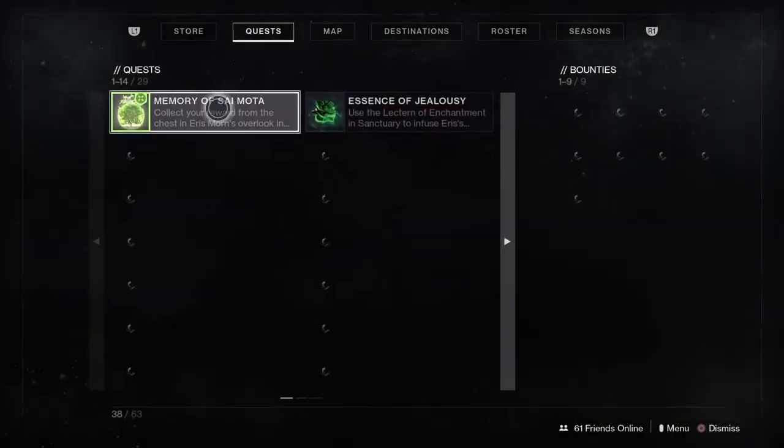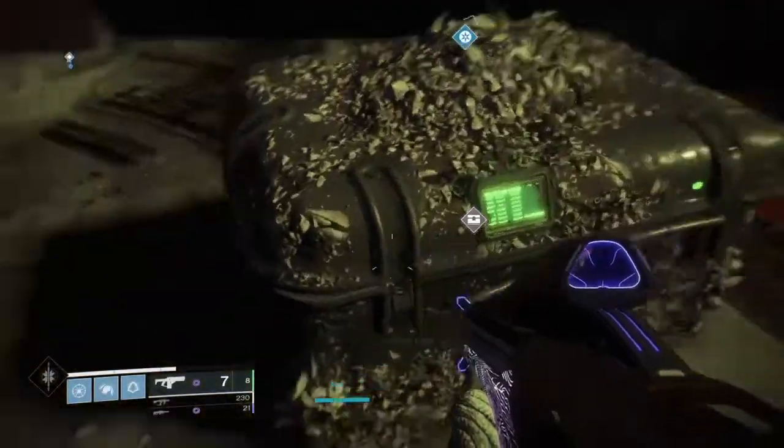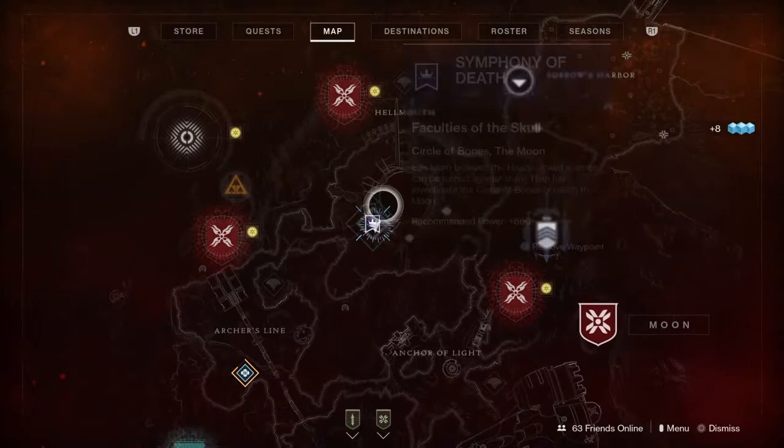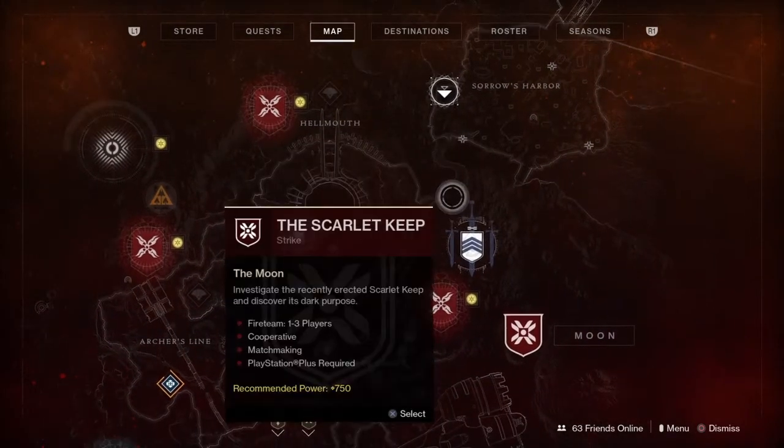Alright, so once you talk to Eris Morn, you're going to open the chest right next to her, and that's actually going to be where you pick up the exotic quest, the Faculties of the Skull. This is going to be in the Circle of Bones on the moon. If you want help finding it, make sure you track the quest from your map, but launch into Sorrow's Harbor,